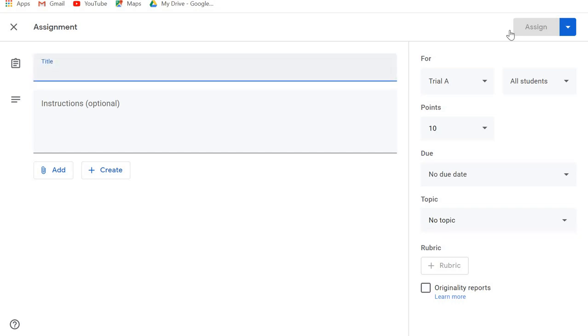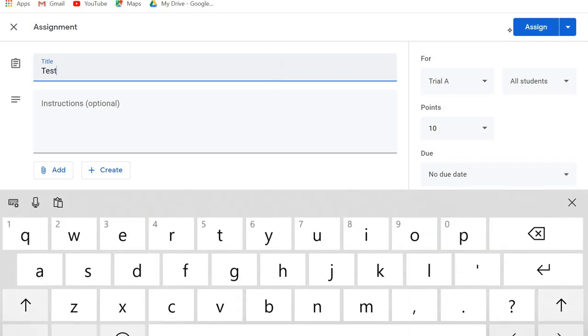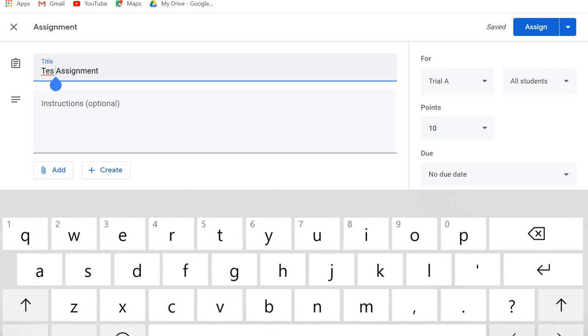And then if suppose I want to give some topics, there is also an option. Let me give you a brief idea with this test assignment. So here I'm going to assign this assignment. Eventually I don't have any student added here, so I have made a mistake, so let me correct it.